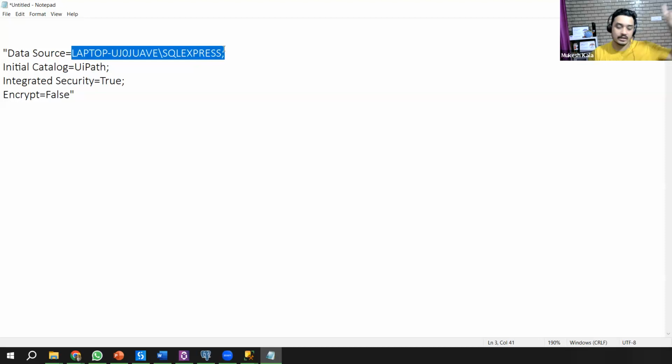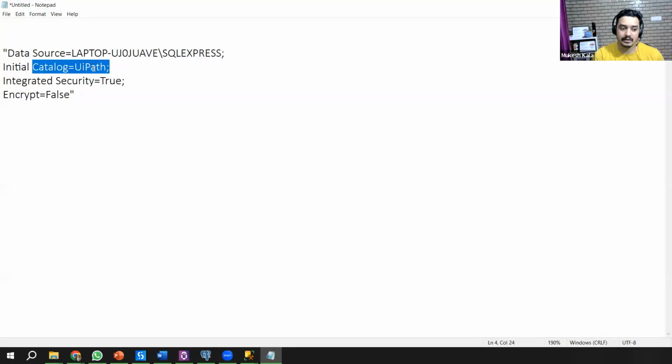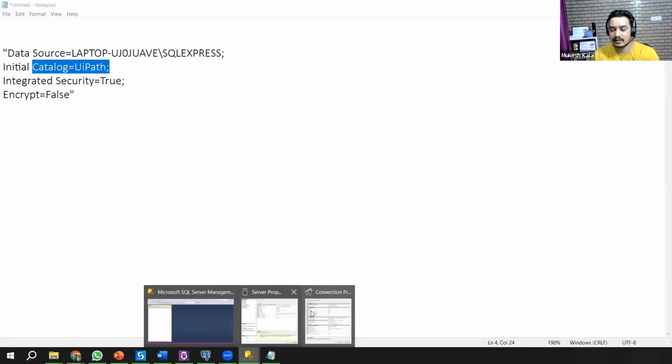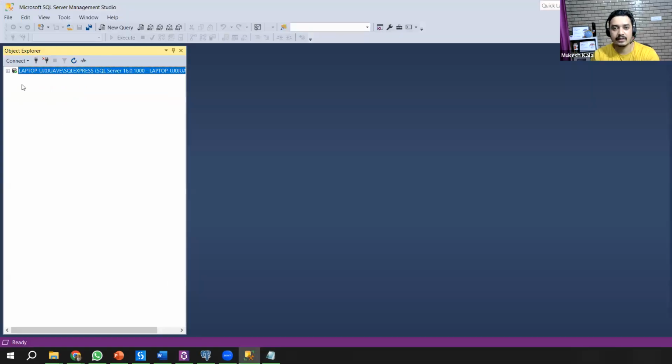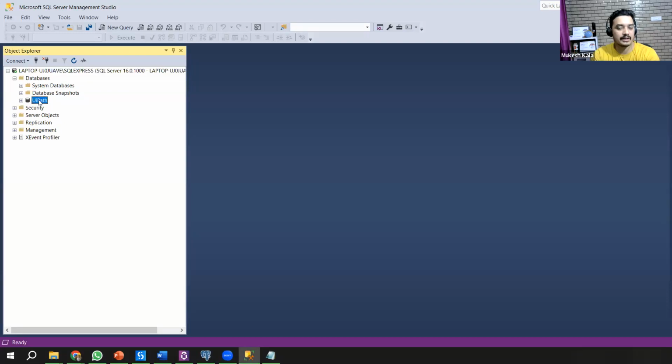That's what we have initialized. Initial catalog is equal to UiPath, which means the database you are connecting to. If I cancel this here, in the databases we have this UiPath. So it shows that you are connecting to the UiPath database, and it was successful.